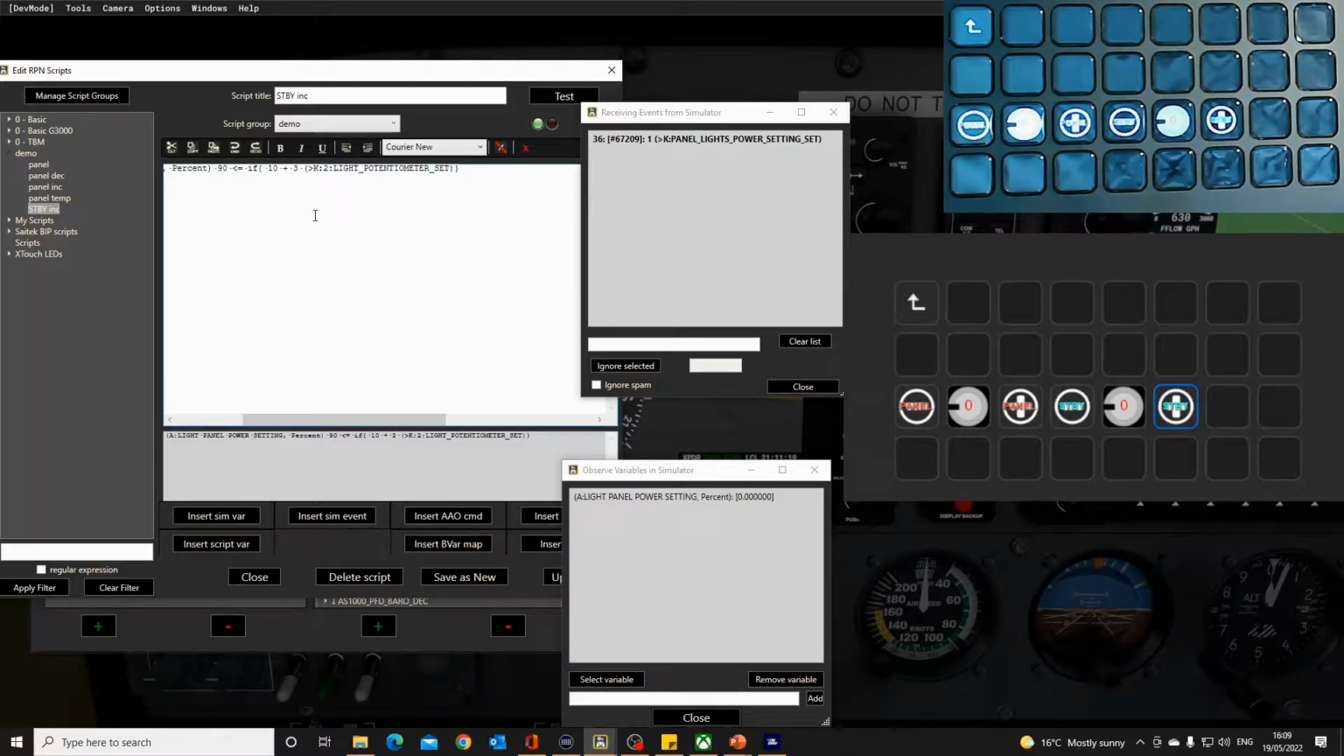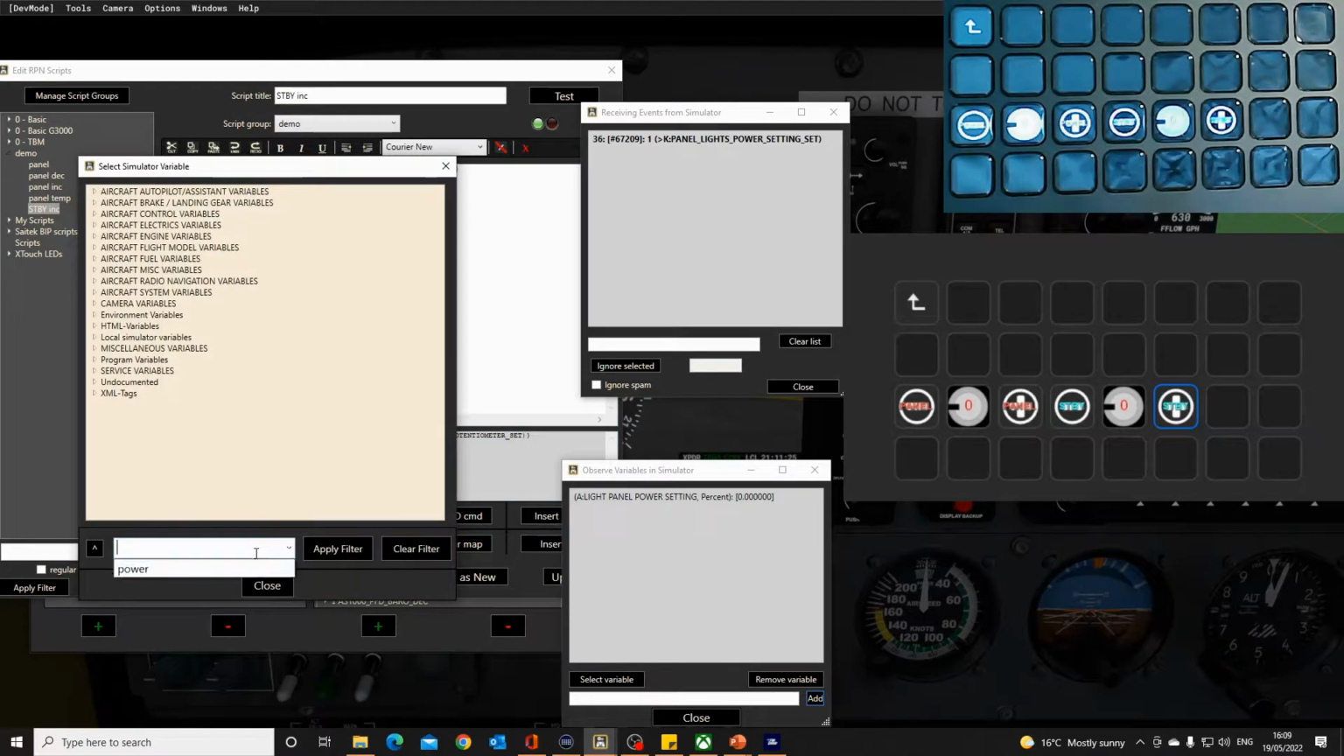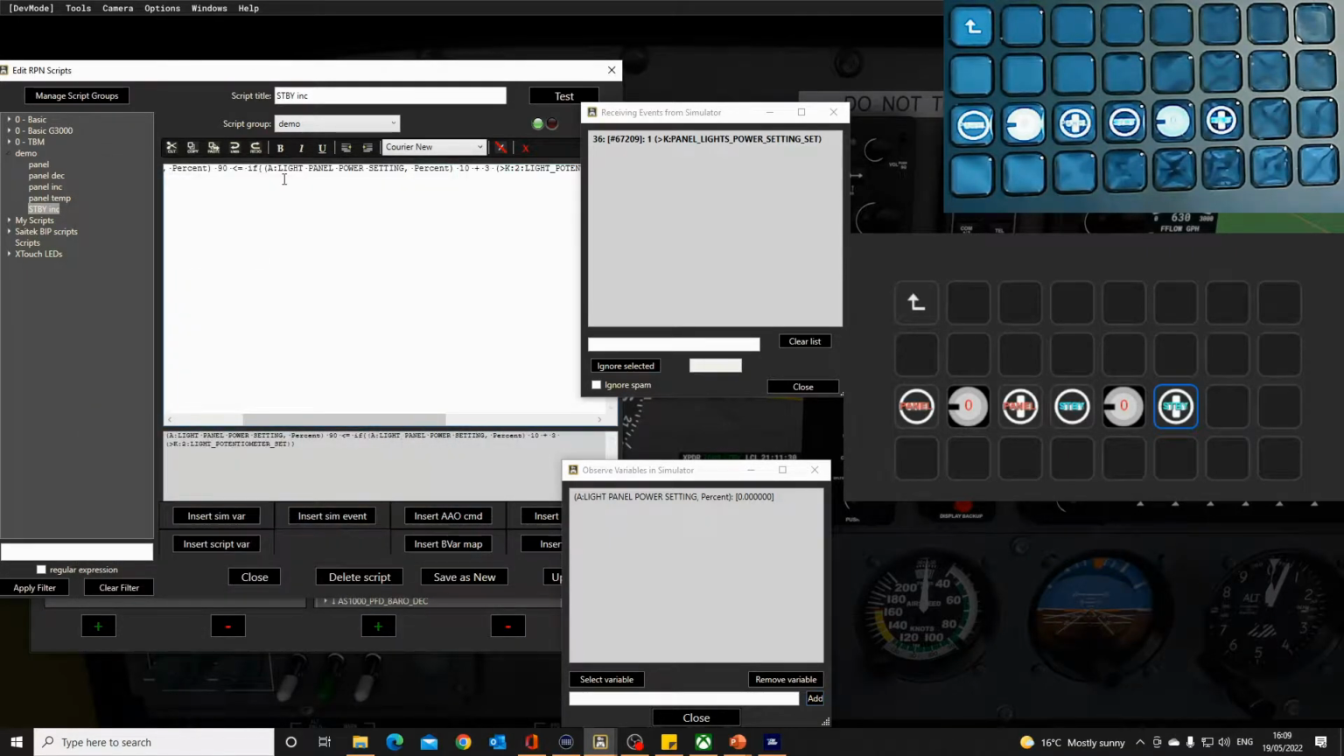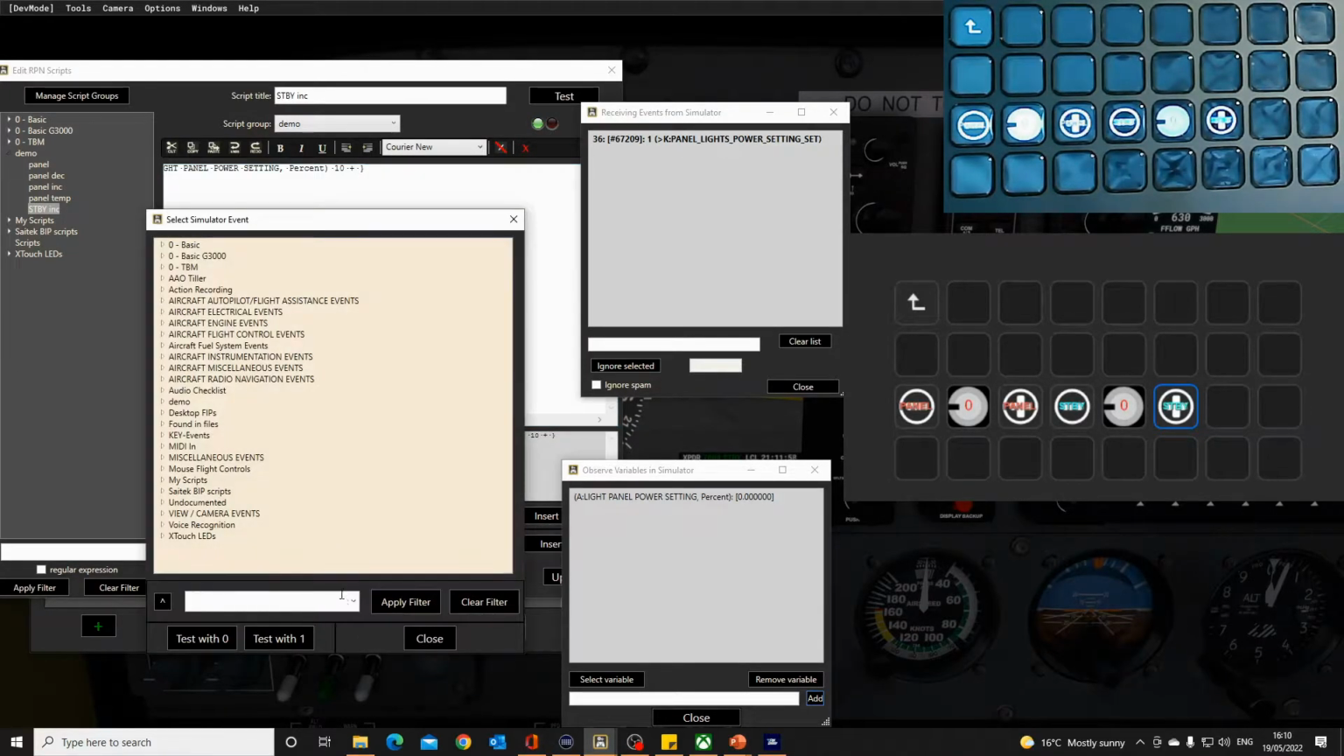And we'll take the brackets out while we're about it. That's the curly bracket for the if, so that must stay. And we insert the variable here for the power, apply, system variable, panel power setting. So it's checking that, getting 10 and adding it to it, and then this is where it's going to send that value. So that goes from here, take the rogue bracket out, and it's a sim event,